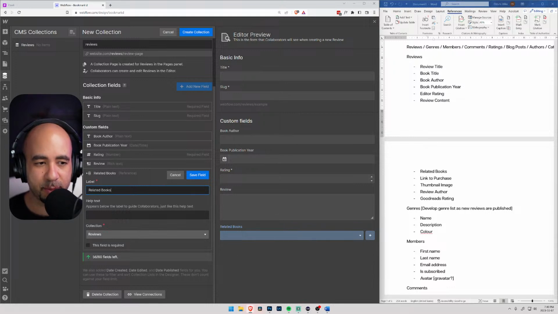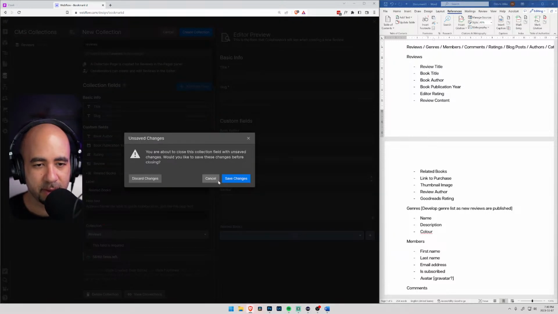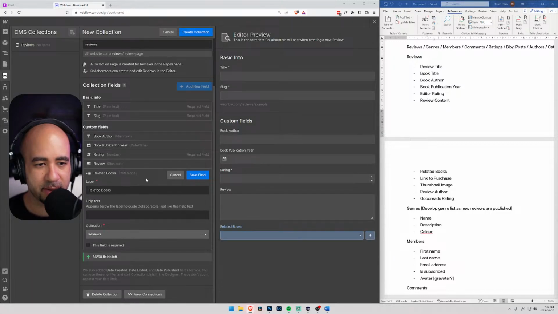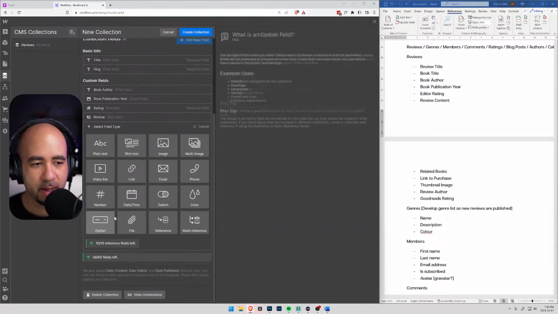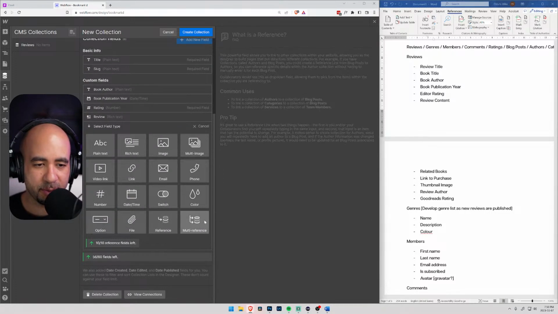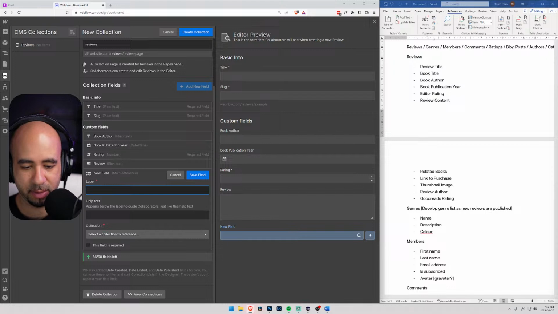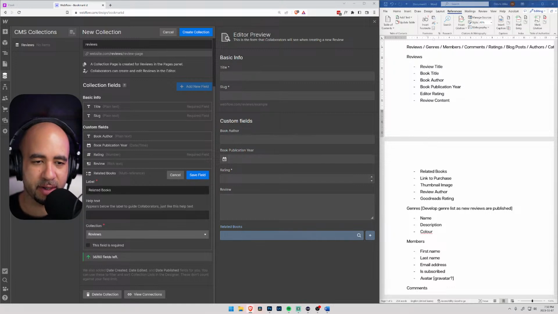And they can select multiple books. Oh, actually, I didn't do it right. This is a single. Cancel this. Yeah, discard change. We want it to be multiple reference, so you can have more than one. So related books, and that's for reviews. You can search through here and select as many books as you want. That'll show up on the actual individual